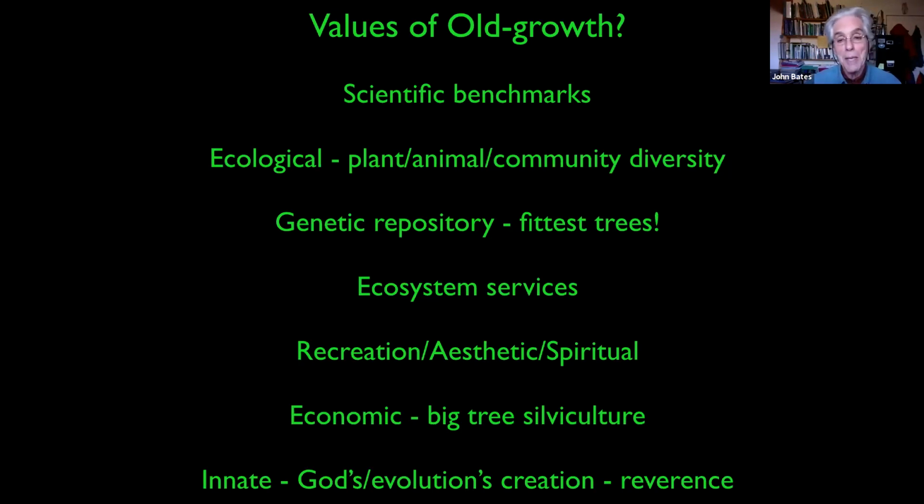And because they may represent, and I don't know this, I'd love to see a study on it, they may represent our most genetically fit trees. Old growth provides a whole host of ecosystem services, from retaining rainwater and preventing erosion, providing shade along lake shorelines, carbon sinks, and so forth. And then there's the recreational, aesthetic, and spiritual value, the sense of going into these places and just literally being dropped to your knees by how beautiful they are. And that's worth a lot. We don't live by bread alone, right? We need beauty. And these sites provide that.